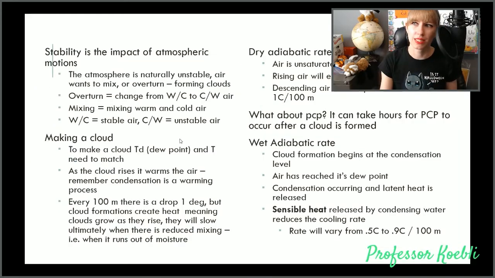All right, so stability is the impact of atmospheric motions. Atmosphere is naturally unstable. In order to make a cloud, you do need to reach the dew point. You need the temperature and the dew point to actually match for condensation to begin. Every 100 meters, there is going to be a drop of 1 degree Celsius, but cloud formation will create heat, meaning they grow as they rise, and they will slow